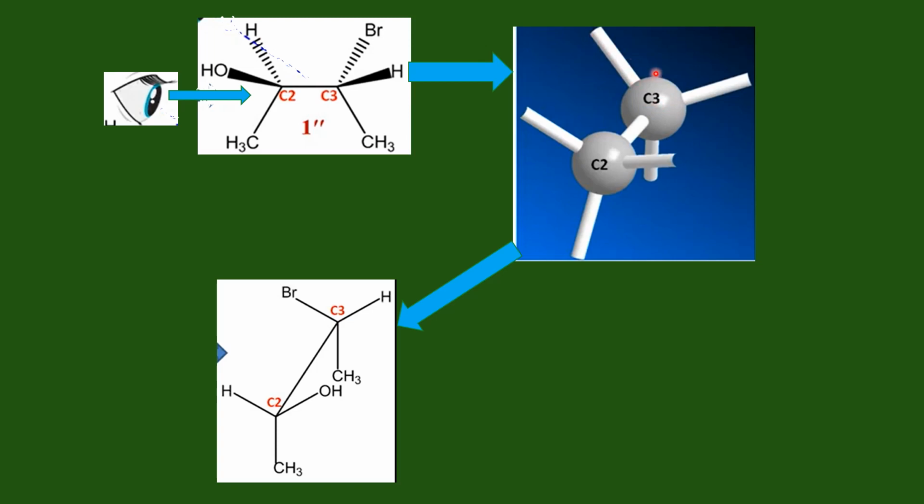And this has two bonds in the upper side with bromine at left, hydrogen at right. So bromine at left here, hydrogen at right here. And that is what we have taken here also. And the methyl is at the downside. So this ball and stick three-dimensional model, we have converted it into the lines. The C2 and C3 are taken as dots here, and the sticks are taken as the lines. So this is the Sawhorse projection of this molecule.